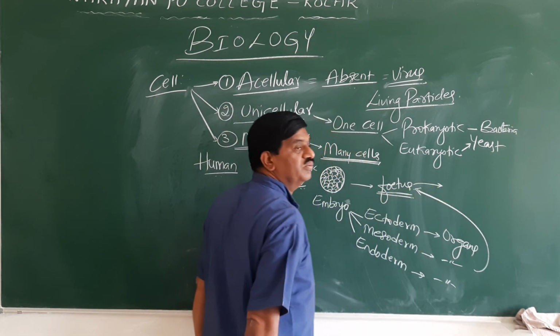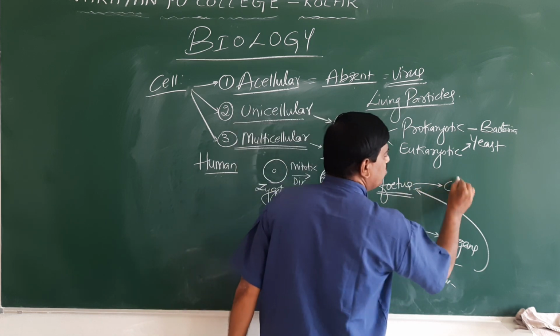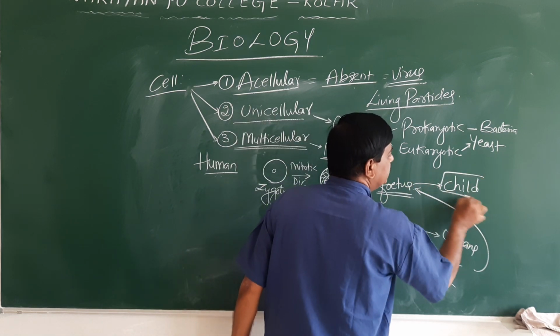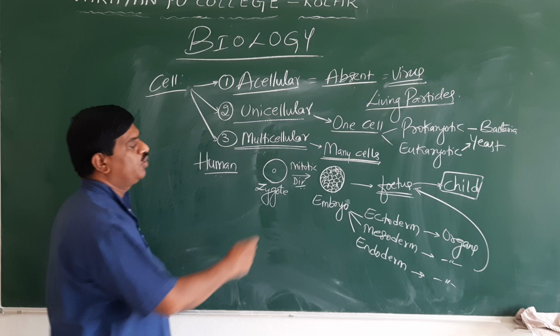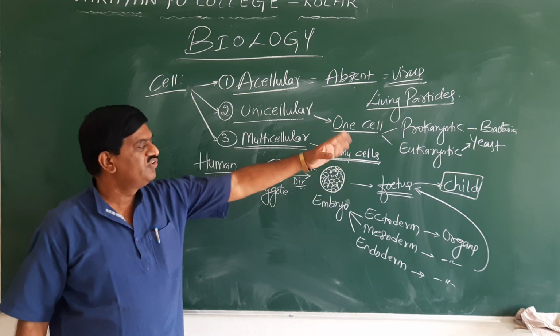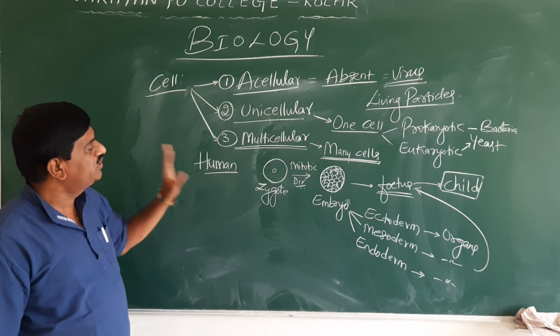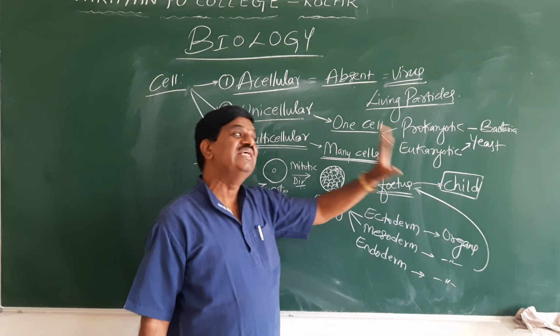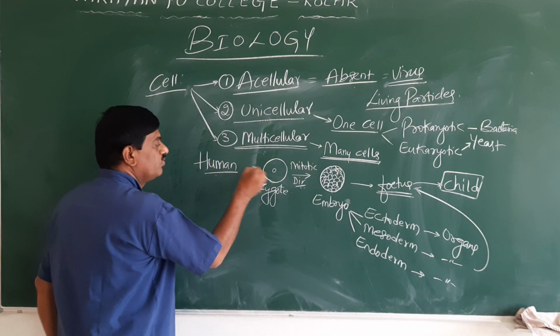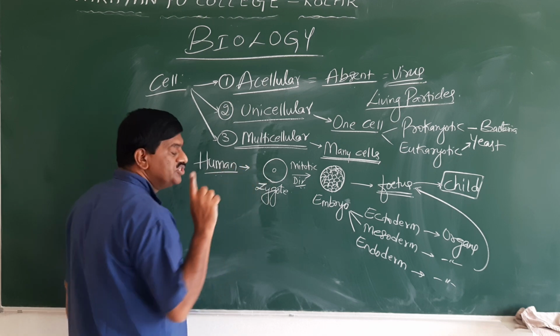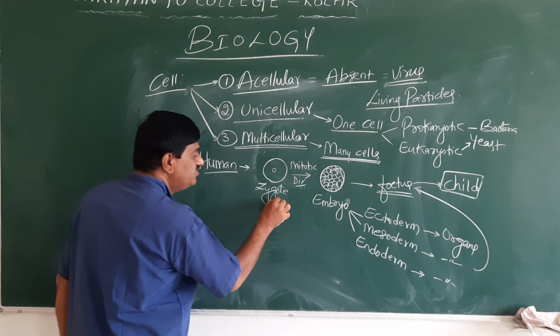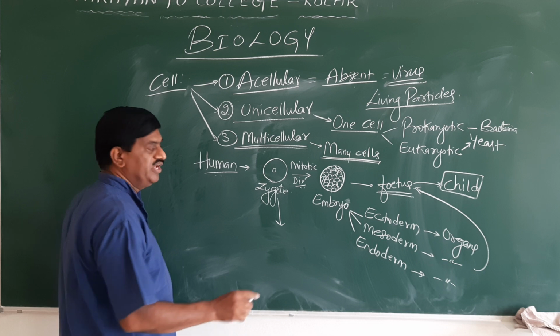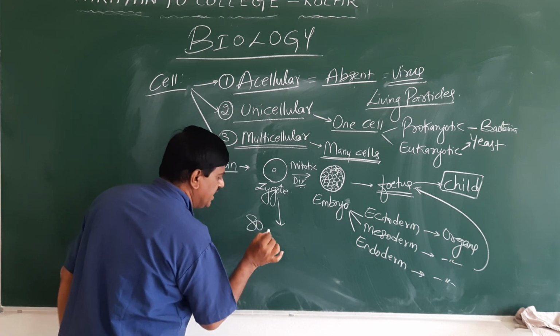After the delivery, after the fetus comes out, we use the word child. Like this, the ball of cells gives rise to the fetus. After delivery, we use the word child. Like this, an organism is made up of many cells. Here, the zygote is a single cell. This leads to the formation of